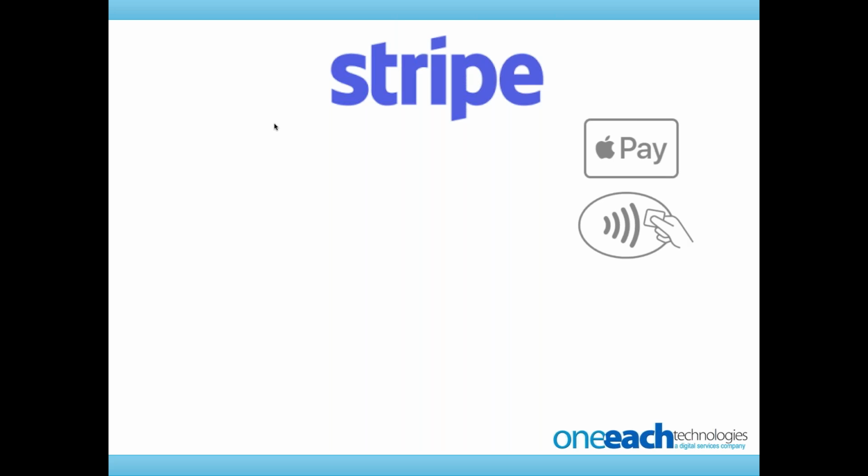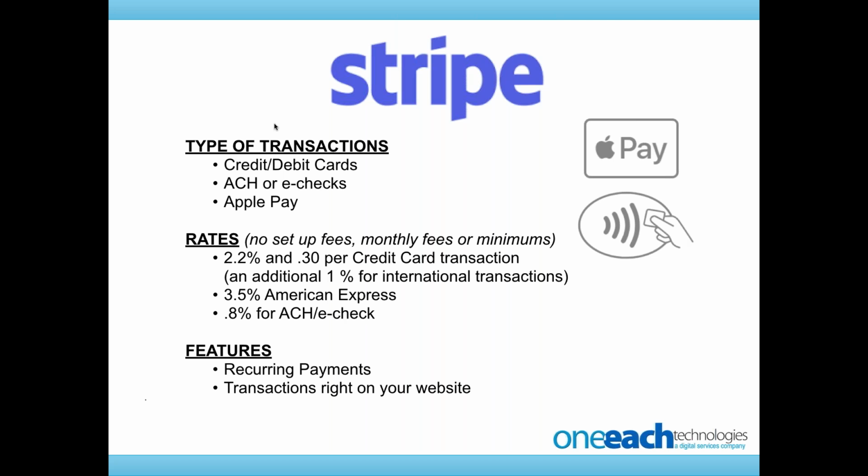I always equate it to your phone company vendor and your bill. If you don't check in every once in a while, you might not realize that things have gotten better and there's a better deal and there's a cheaper rate. So right now, the deal in the online processing world is Stripe. And Stripe comes with a lot of cool capabilities to it.